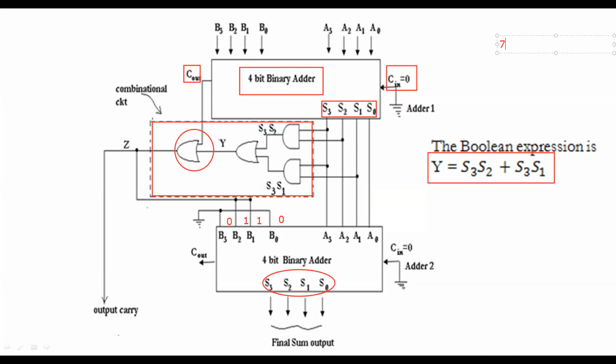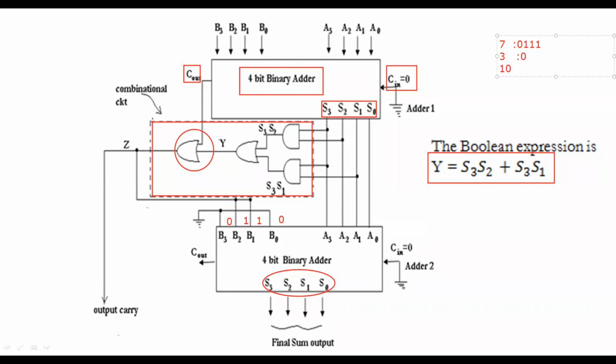I want to perform 7 plus 3. Look at how I perform 7 plus 3. The 7 is added with 3. If you add 7 plus 3, the result will be 10. The binary equivalent of 7 is 0111, and similarly the binary equivalent of 3 is